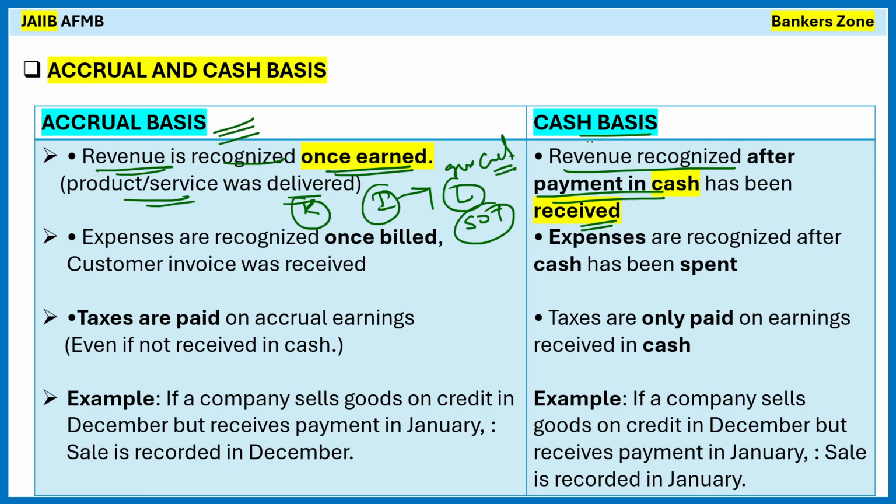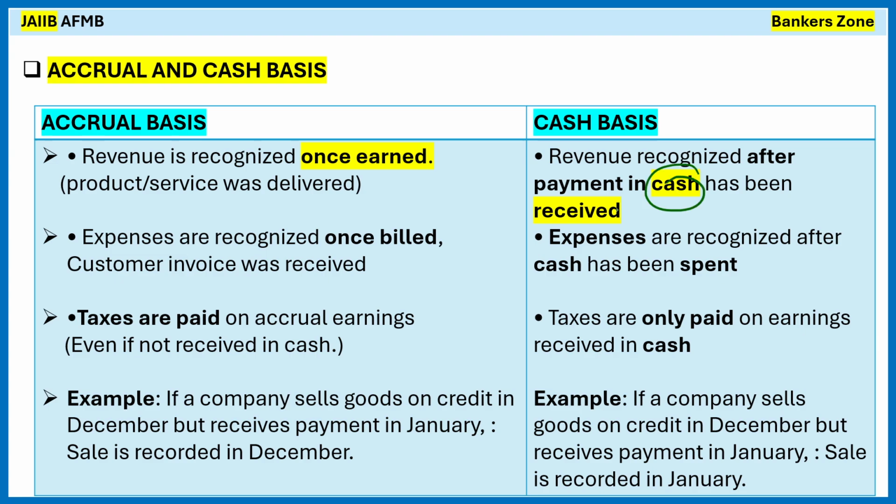In the case of cash basis, I have given a customer some goods on credit, but he says that after 2 months he will give me the cash. So after 2 months I will record it in my books of account as a profit, right? So it is called the cash basis. Cash basis means when the cash is practically received, at that time we will mark it as revenue recognition. But in the case of accrual, once earned, we will mark it as revenue recognition.